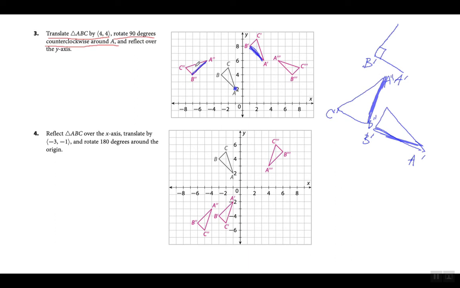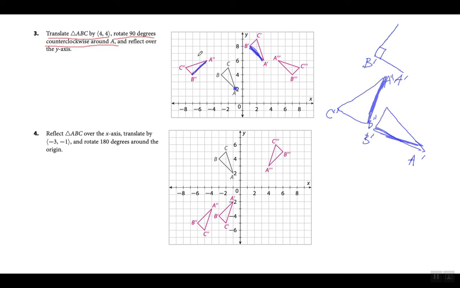And again, if you have multiple choice answers, and you have 4 of them, there should be one that stands out. They're not going to be so close on a problem like this that you're going to have to calculate the coordinates. As long as you have a general idea of what a 90-degree counterclockwise rotation around point A should look like, that the triangle should end up looking like this and somewhere in this vicinity, that should be good enough